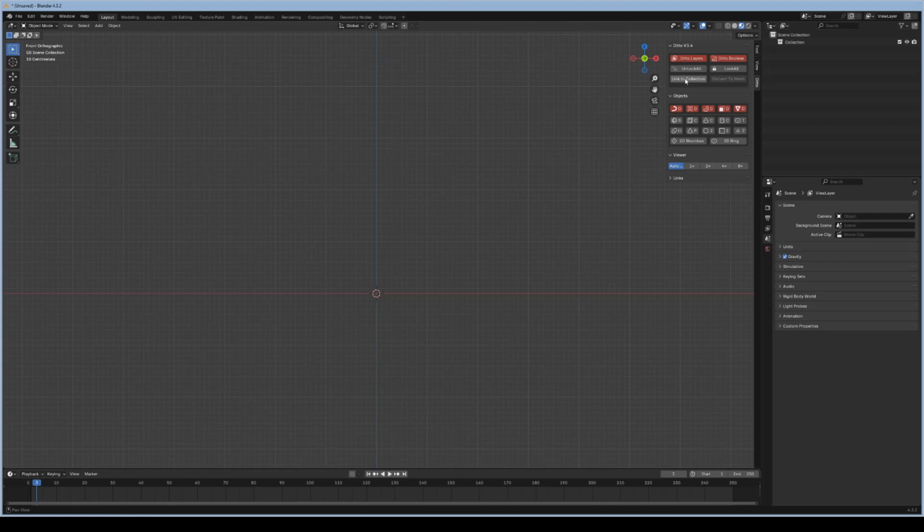Alright, so if you're first starting out, I would recommend going to Ditto layers right here, the very first one in the top left corner. When you click on Ditto layers, it will create this entire setup all ready to go with all the Ditto layers inside DLL. And you've got 10 layers, and the layers do not blend with each other. In this version, they only blend on each layer,